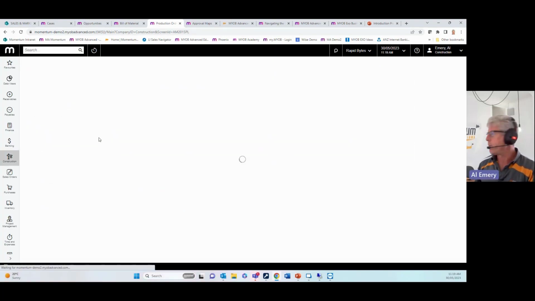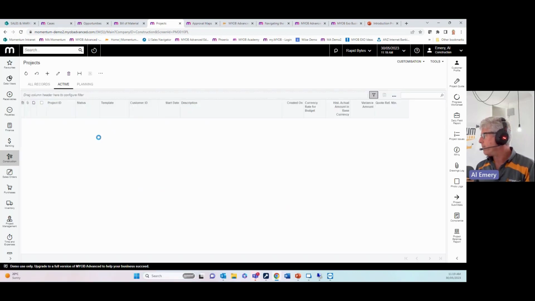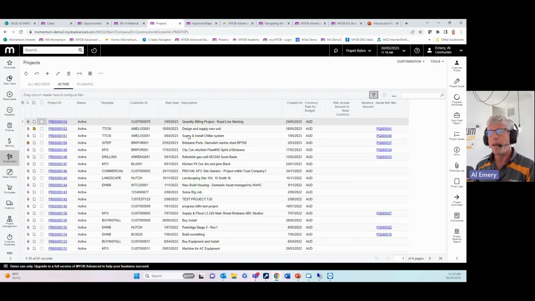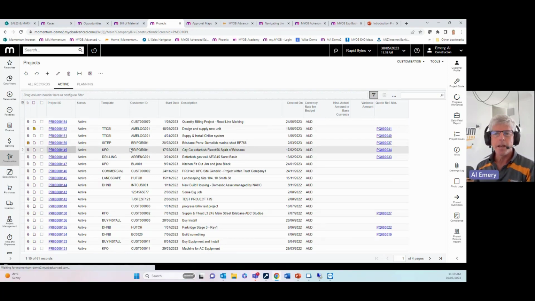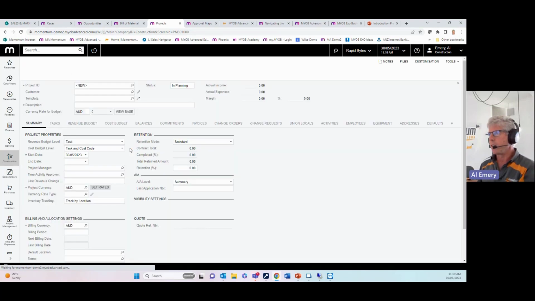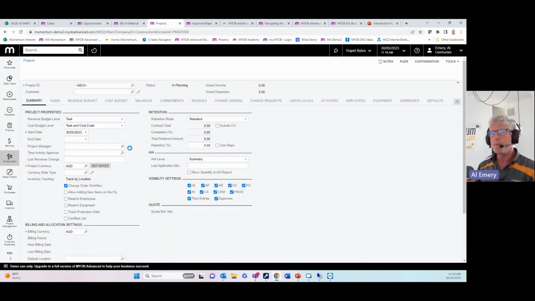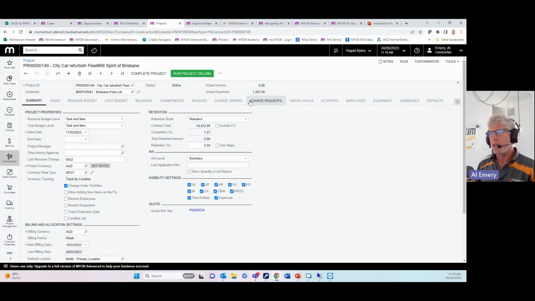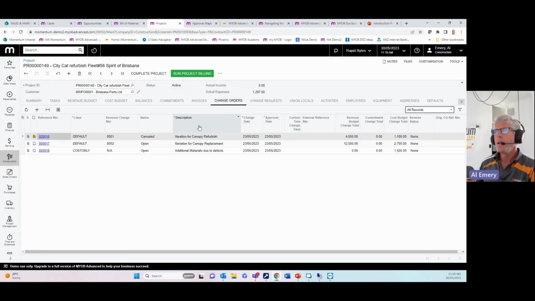So we'll look at an active project. Projects have always had the ability to handle the concept of a variation. And in MYOB Advanced, a variation is managed through a change order. There can be a change request prior to the change order. And so there's a tab within the project to show what change orders are in the system and also to